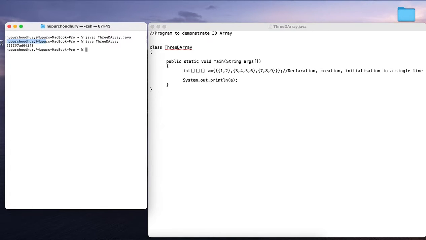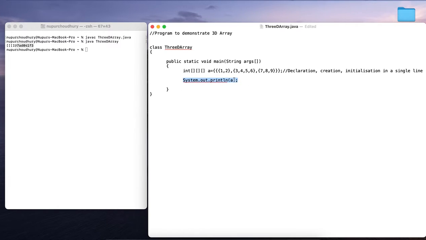The output that we are getting is basically a 3D array, since A is an array reference variable which is pointing to the 3D array, followed by the type of the array which is the integer type, the @ symbol, and then followed by the hash value. This value is returned because array A is basically a 3D array which is capable of holding multidimensional arrays.